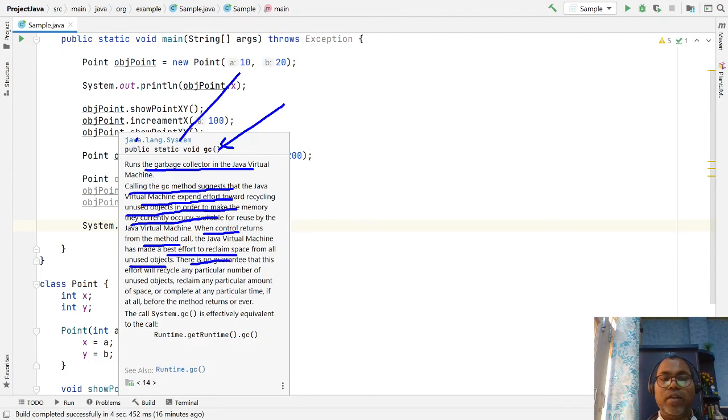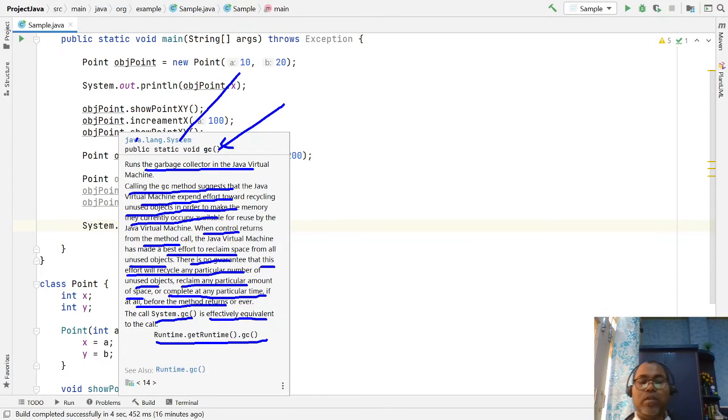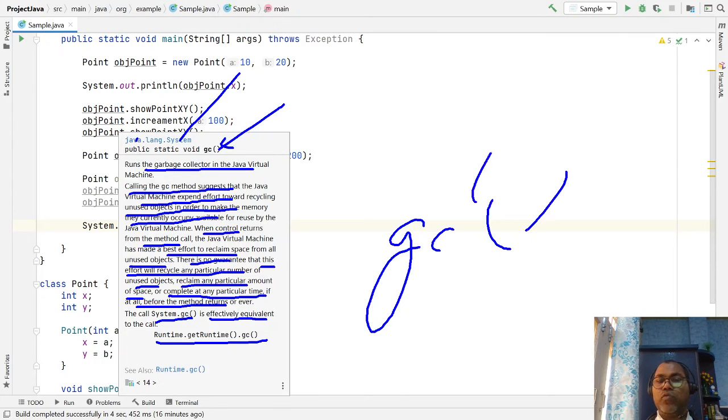There is no guarantee that this effort will recycle any particular number of unused objects, reclaim any particular amount of space, or complete in a particular time before the method returns. System.gc is effectively equivalent to calling the Runtime method. So you can invoke the garbage collector in two ways: System.gc or Runtime.getRuntime().gc.